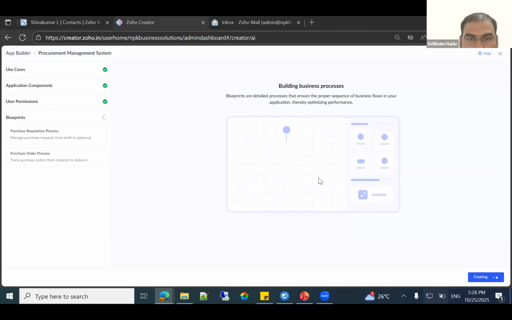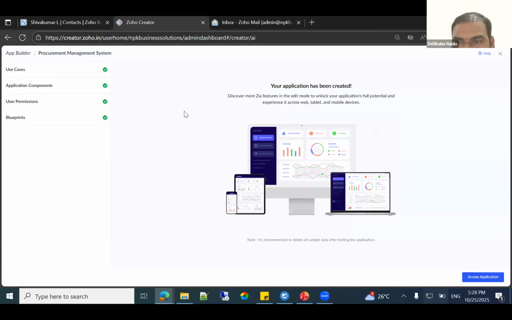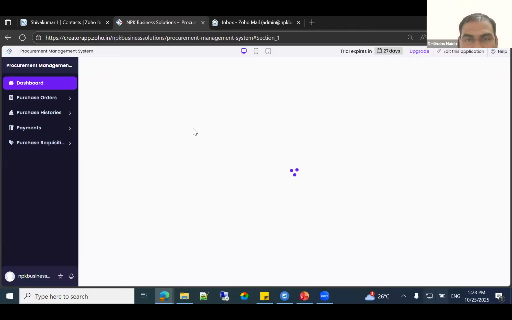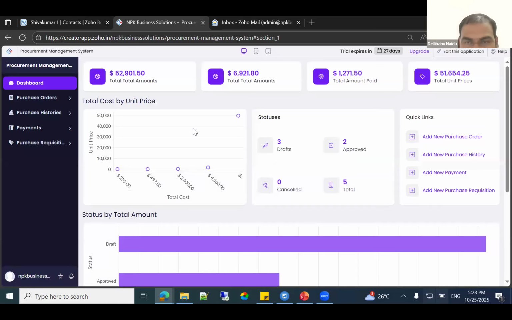So now, with the technology being there, it is less of doing work and more of thinking work. How well you can imagine the prompt and give it as an input, that is what it is going to act on. So now it is building the entire procurement management application. If you can see in the prompt, it has built a dashboard, purchase order, everything.